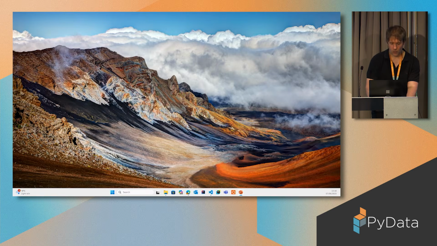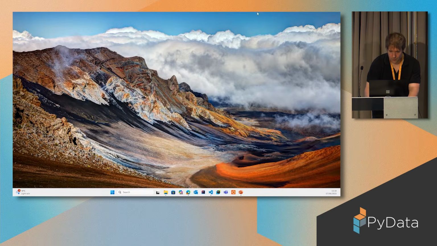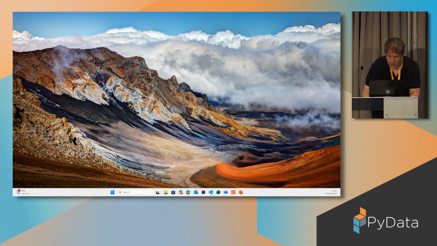All right, so let me go and just show, oh, I can't find my mouse here. What's happening? What is happening here? I knew I should have brought my Mac instead of my Surface. Task Manager.